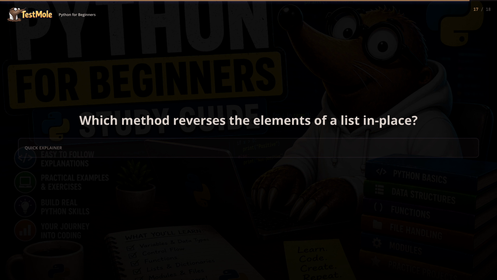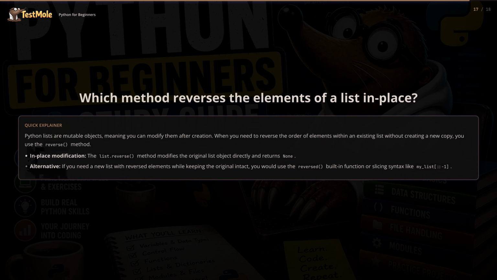Which method reverses the elements of a list in place? Python lists are mutable objects, meaning you can modify them after creation. When you need to reverse the order of elements within an existing list without creating a new copy, you use the reverse method. In-place modification: the list.reverse method modifies the original list object directly and returns None. Alternatively, if you need a new list with reversed elements while keeping the original intact, you would use the reversed built-in function or slicing syntax like